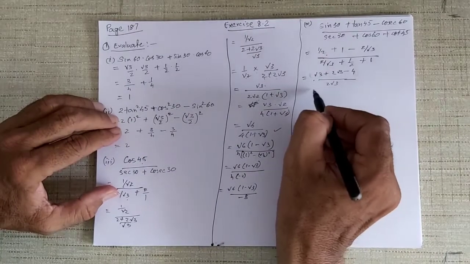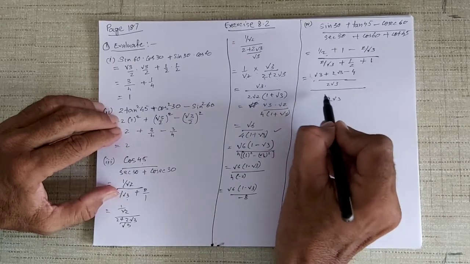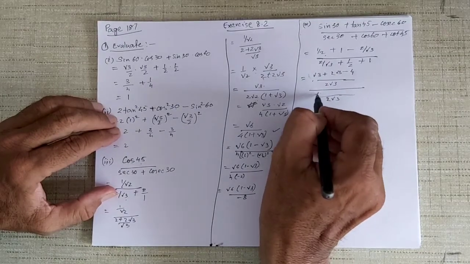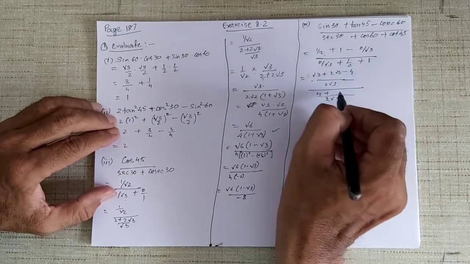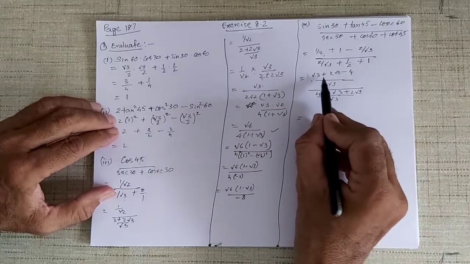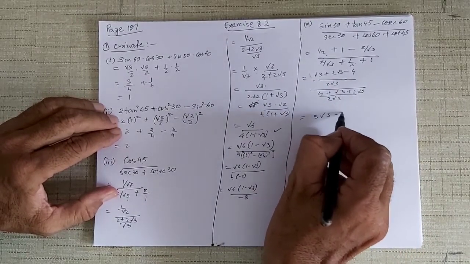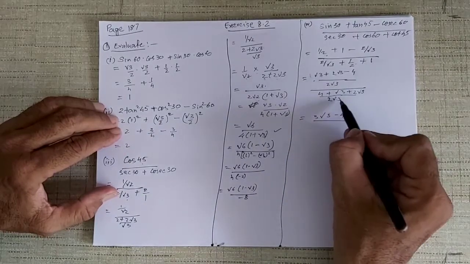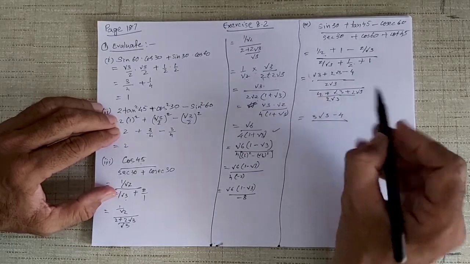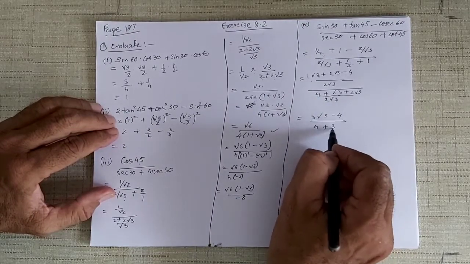Okay, now in the denominator also 2 root 3, LCM is 2 root 3, and when you simplify it, this is root 3, so 2 root 3, 2 2s are 4, plus this is 2, so root 3, and this is 1, so 2 root 3. Okay, just simplification. Now root 3 plus 2 root 3 is 3 root 3 minus 4. Okay, this 2 root 3 and 2 root 3 will cancel out, and you get 4 plus 2 root 3 plus root 3 is 3 root 3. 4 plus 3 root 3.